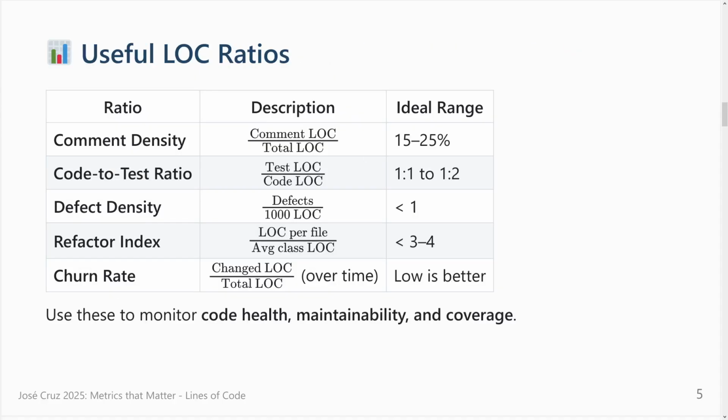So, some useful ratios regarding lines of code. Comment density: you take the number of comment lines and divide by the total, so you have a percentage of how commented your code is. Usually between 15% and 25% is good enough if the documentation is good. Some people say, okay, more documentation, better. But there is a sentence that I heard a long time ago: if you add too much documentation, imagine that you have 50% documentation, you can enter into a philosophical debate.